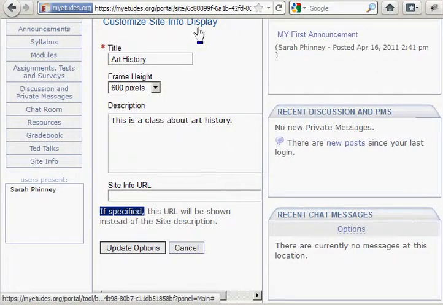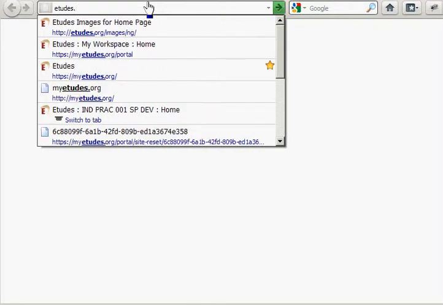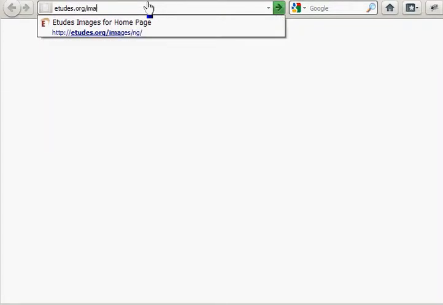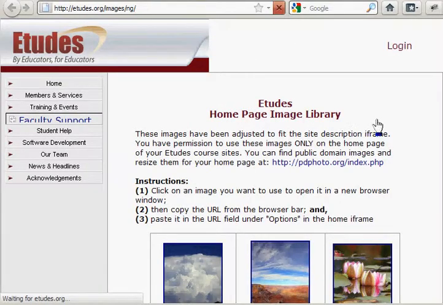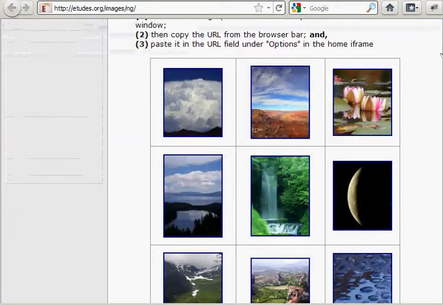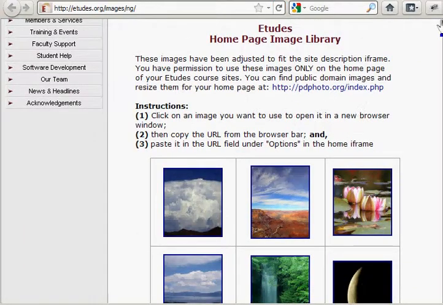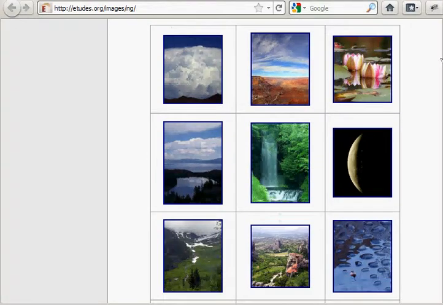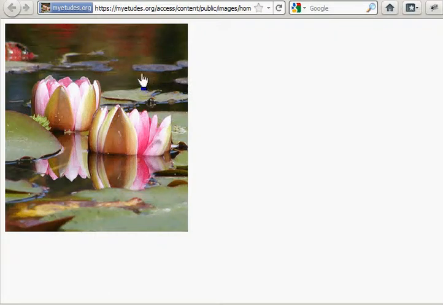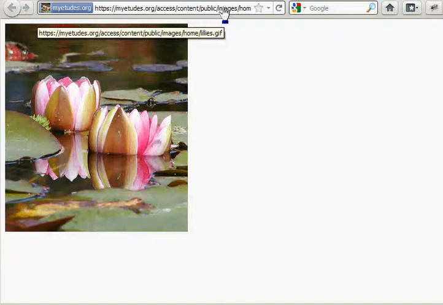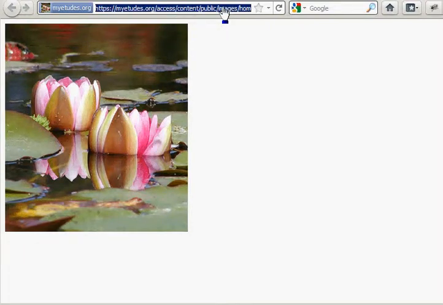Now, Etudes has some images already set up for you. So if you go to etudes.org/images/ng, it gives you instructions on how to put these in your site, but I'll go through that. So let's pick this one, these flowers. You click on the picture, and then you want to click up in the website address bar, or the URL. Click on that and copy that,